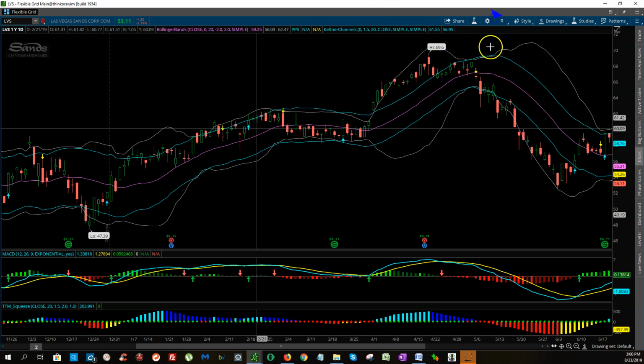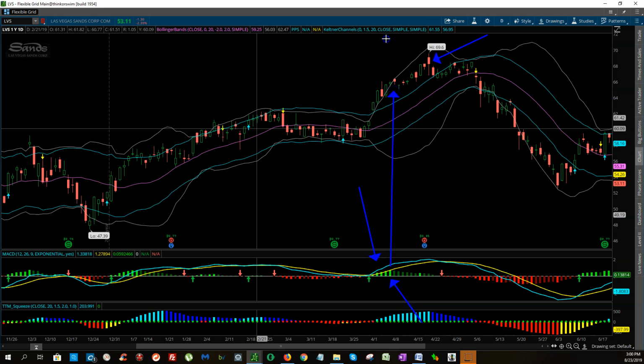I think the first candle I would have gotten out on would have definitely been this candle here. I would have been out. However, if you wanted to play it safe and you want to go on MACD, once again, look at MACD. Where's MACD at? Well, the histogram ended here. So if we take this and we move this up,